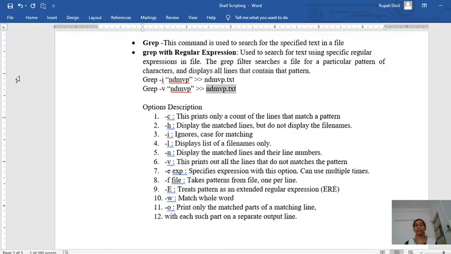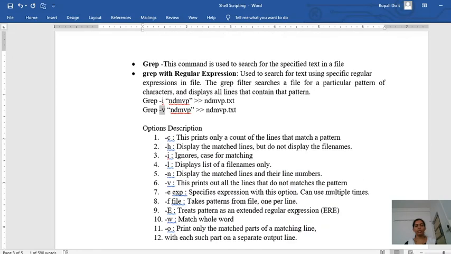Are you getting the difference between these two, -i and -v? -i is used to just search the string, and -v is going to search the string and get the contents except that string into some other file. So these are the different commands which we will be using in shell scripting. In the next video we will go for the actual program.